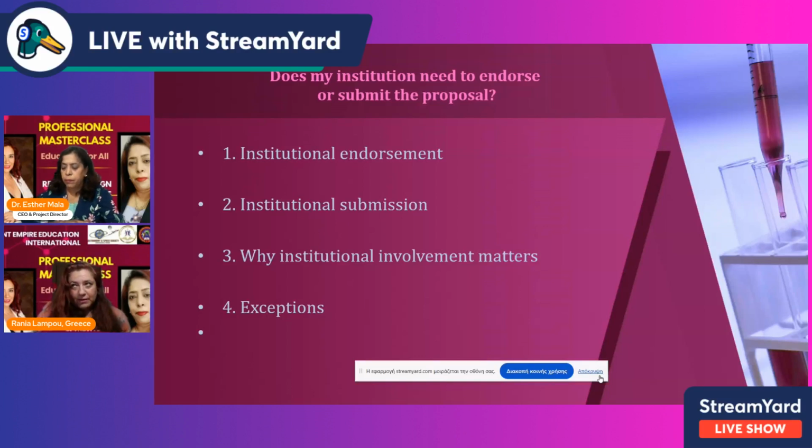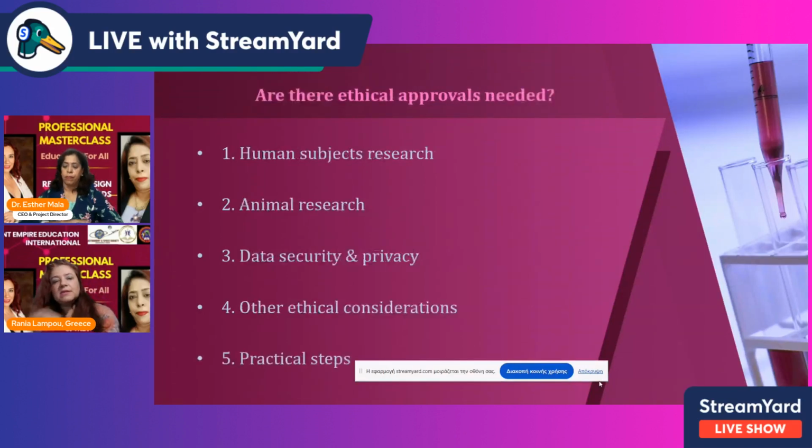So the tip here is to contact your grants or sponsored research office early, because they will check eligibility, review the budget for compliance, and submit the proposal on your behalf if required. Now, is ethics approval needed? Most research grants require ethical approvals when your project especially involves human participants, animals, sensitive data, or other potentially risky activities. For human subject research, you need to